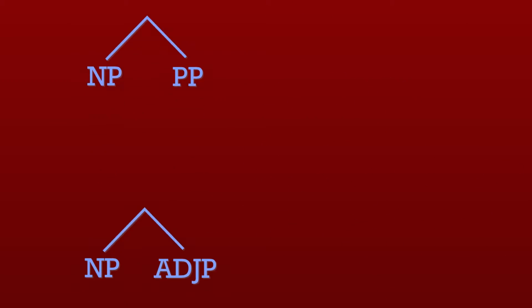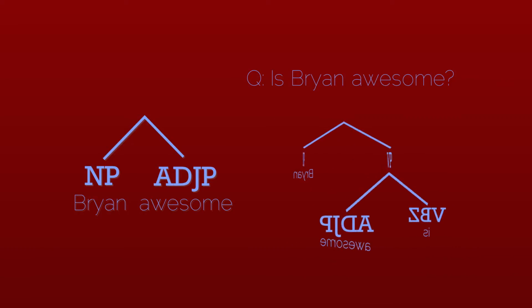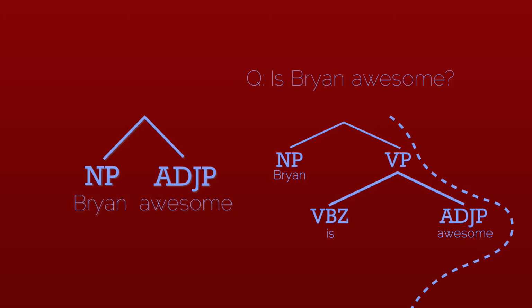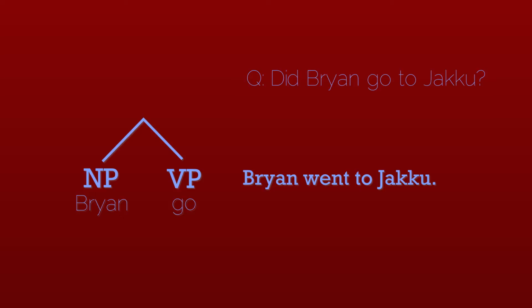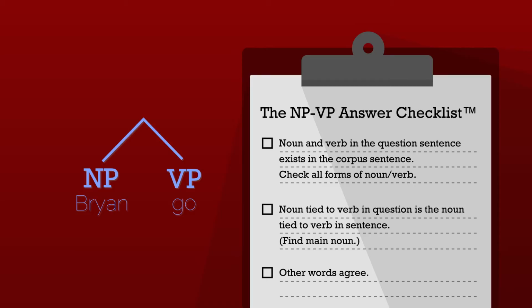subtree. The noun phrase adjective phrase case identifies the main noun and the main adjective keywords, and parses the corpus sentences to identify the subtrees containing these keywords. The system determines whether the adjective corresponds to the noun by traversing backwards up the tree to ensure that the verb phrase subtree containing the adjective has a sibling noun phrase subtree containing the noun. The noun phrase verb phrase case identifies the main noun and verb of the question, and then finds the sentences within the corpus that contain those words. The system then answers the questions based on a set of criteria determined by the question sentence and the corpus